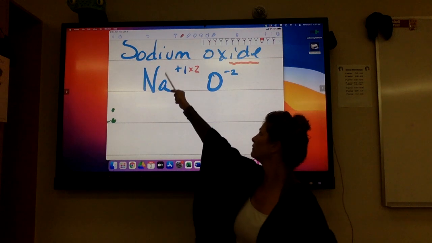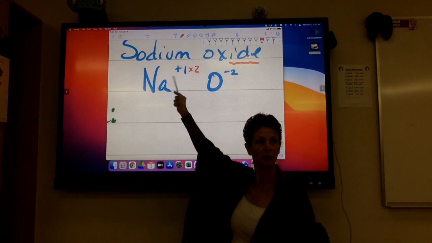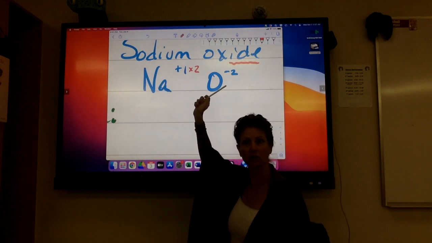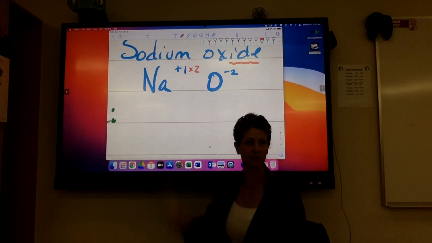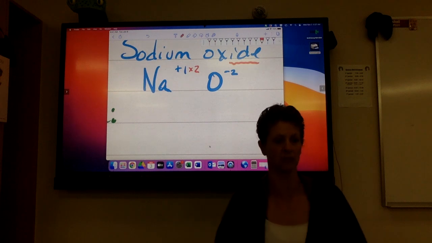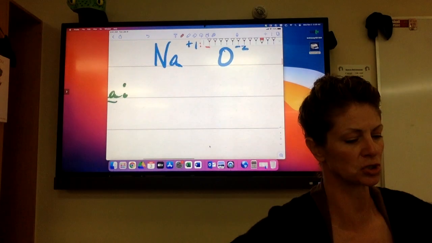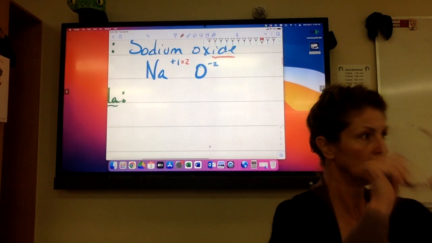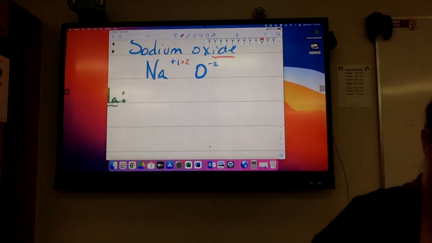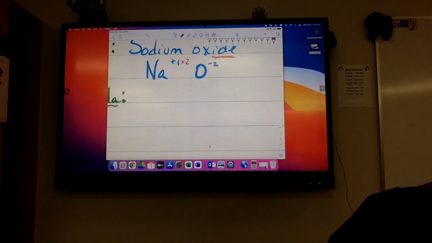So if I have 2 +1s, then on the left I have a total of +2. And on the right I have a total of -2. So that cancels out to be 0. That's what you want, yes? Okay, so what you're going to do is you're going to take that ×2 that I wrote in pink, and you're going to use that number as your subscript, just the number as your subscript. And so your answer is going to be Na,